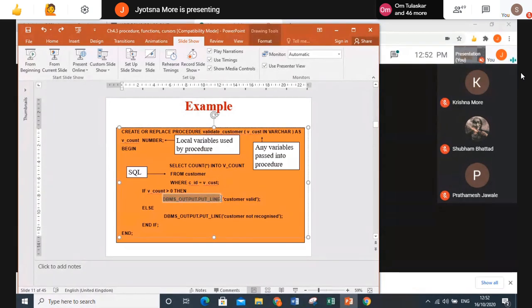In this example, I just explained this part. When you want to print anything using the procedure, you just write this line, dbms_output.put_line. Ma'am, it is breaking. Yes, again breaking. Wait, I'll try to use the headphone.